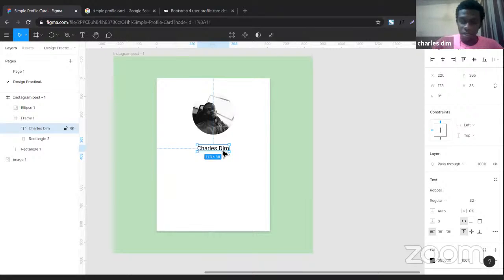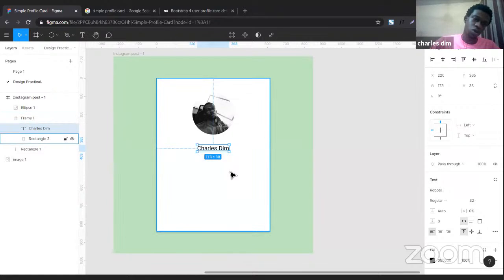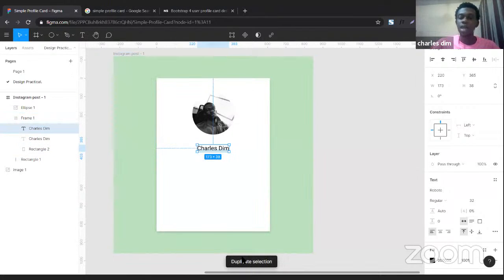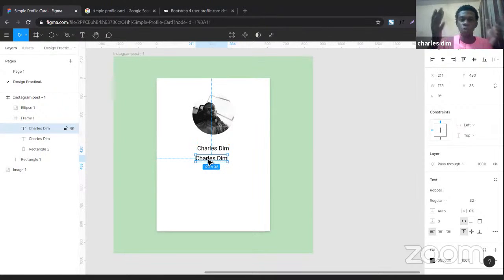Now, to duplicate this, you use the Control D command on your keyboard. So I'm just going to do a Control D. And once that is done, you can see that it notifies you that you've duplicated that particular element or text. Once it's duplicated, you can simply move the text away. Usually when duplicating an element for the first time,